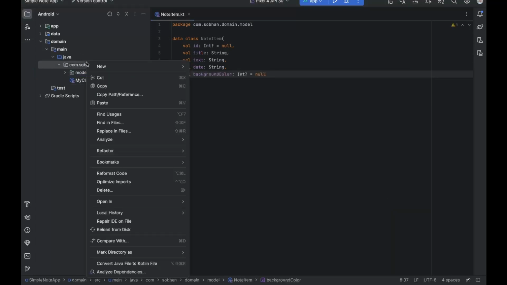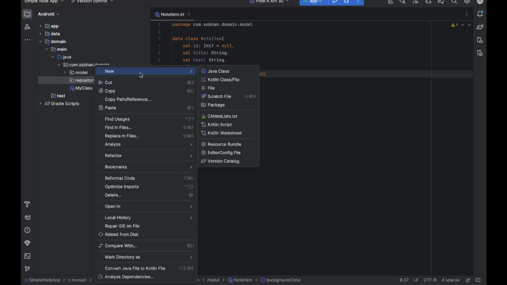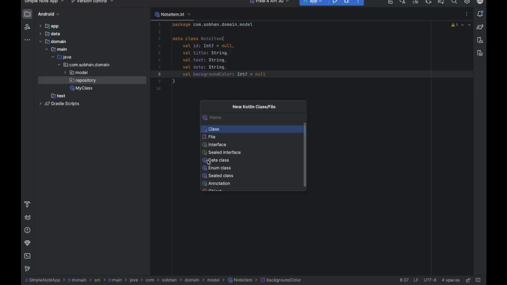We will create another package here, which is a repository, and the repository will be an interface inside the domain layer, and we will implement it inside the data module. So basically we need to create an interface called note repository,